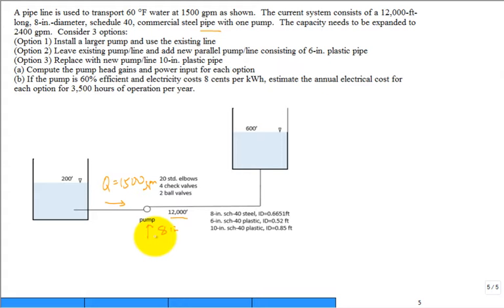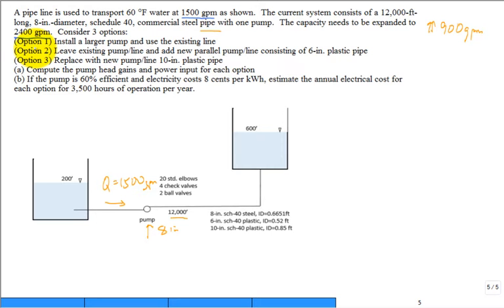2,400 GPM. So that's an increase of 900 GPM, right? So you're going from 1,500, let me show you this, to 2,400. Did I do the math right? Is that a boost of 900 GPM? So you have 3 options. Option 1, just install a larger pump and use the existing line. That's option 1. Option 2, leave the existing pump and line there and install a new parallel pump and line,